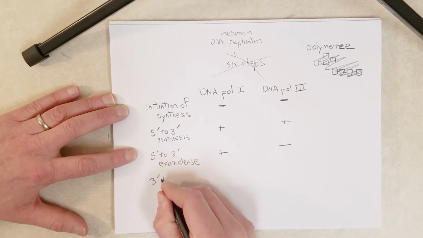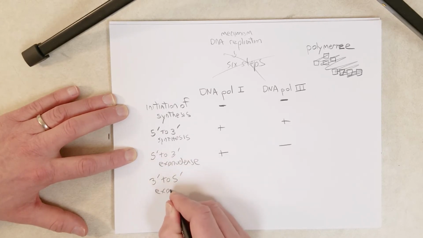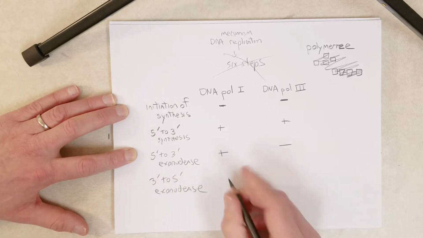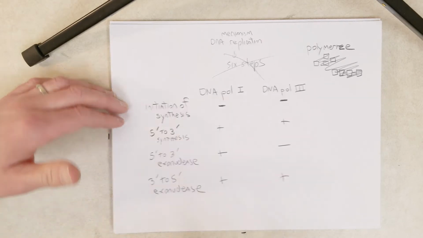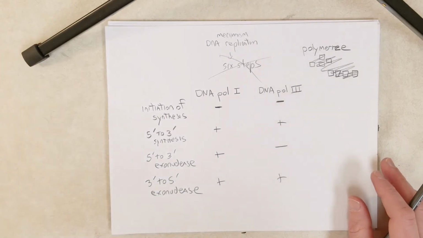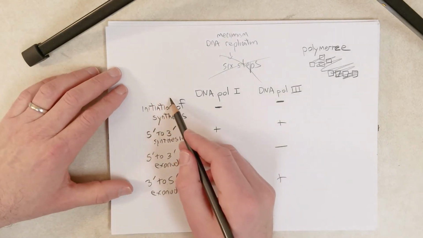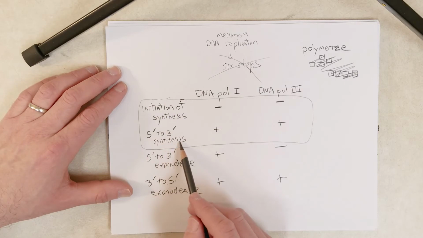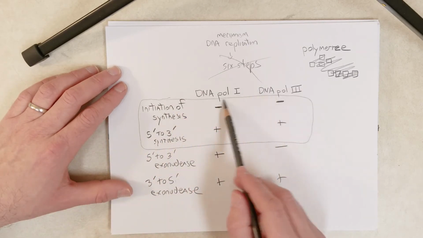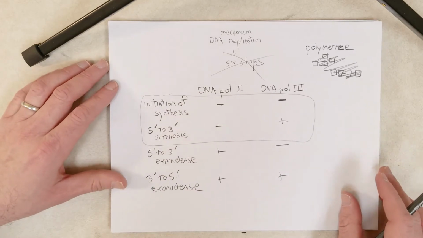There's also a 3' to 5' exonuclease activity. And both of the enzymes have this activity. And this activity, as we will see in a future video, is involved in proofreading. So if a polymerase makes a mistake, adding the wrong nucleotide, this property allows it to cut out that nucleotide and fix its mistake. So for this video, what I want to focus on is these 2 things right here. What does 5' to 3' synthesis mean? How come these polymerases can't just initiate synthesis on their own? And